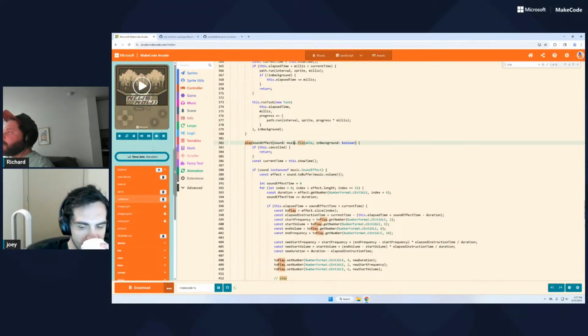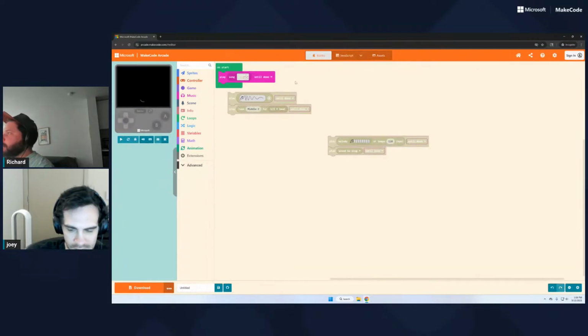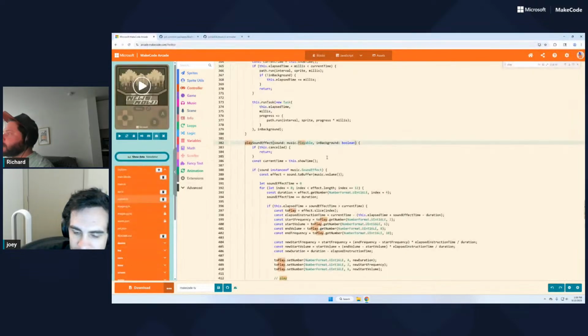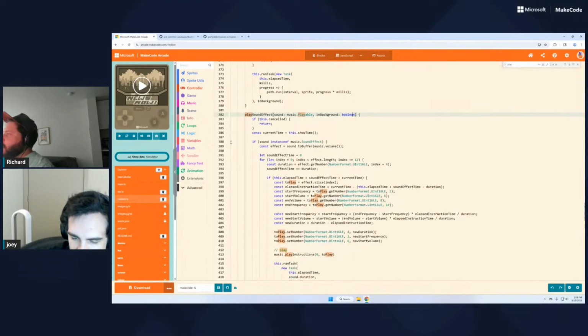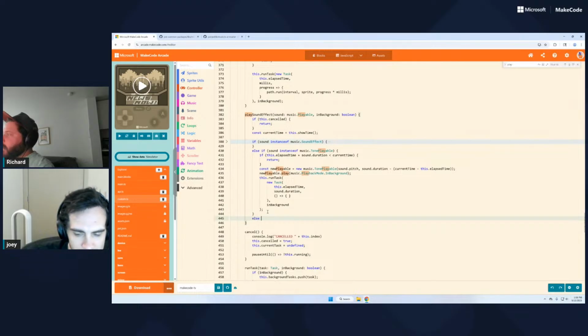So little fun fact about the arcade sound blocks is they all have the same type at the end of the day. They're all subtypes of the same type, basically. So everything that has this play until done block around it, these are all what we call playables. So far we've been looking at the sound effect playable and the tone playable. Now we're going to be looking at the song playable. So we're going to collapse this and say, else if sound instance of